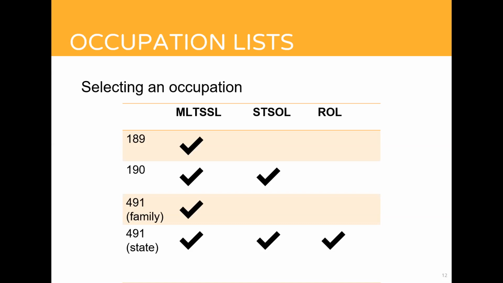So for the 189 skilled independent visa, you can only apply if your occupation is on the medium and long-term list. And same if you're sponsored for the 491 visa by a family member. And as you can see, if you have an occupation on the short-term list, then you will need a state sponsorship, either in the 190 permanent visa or in the 491 state category.